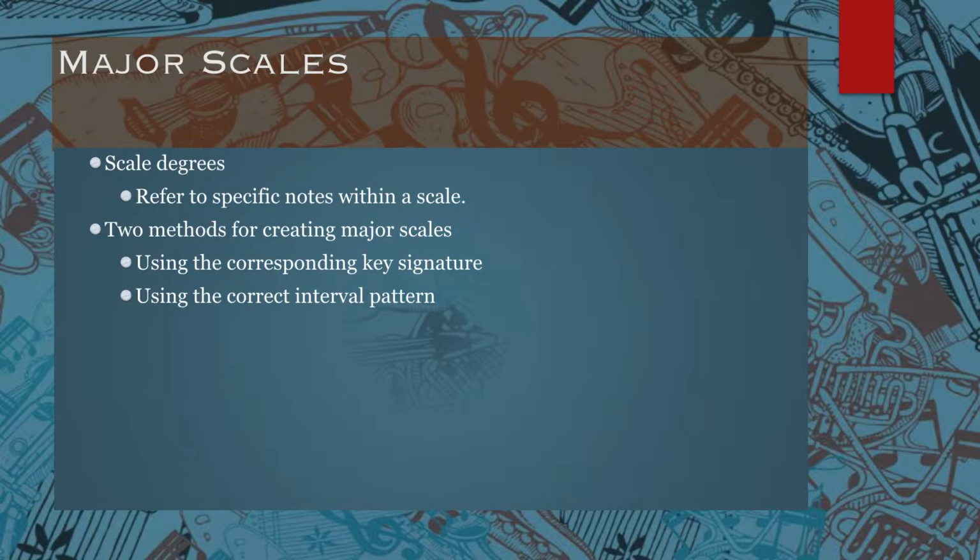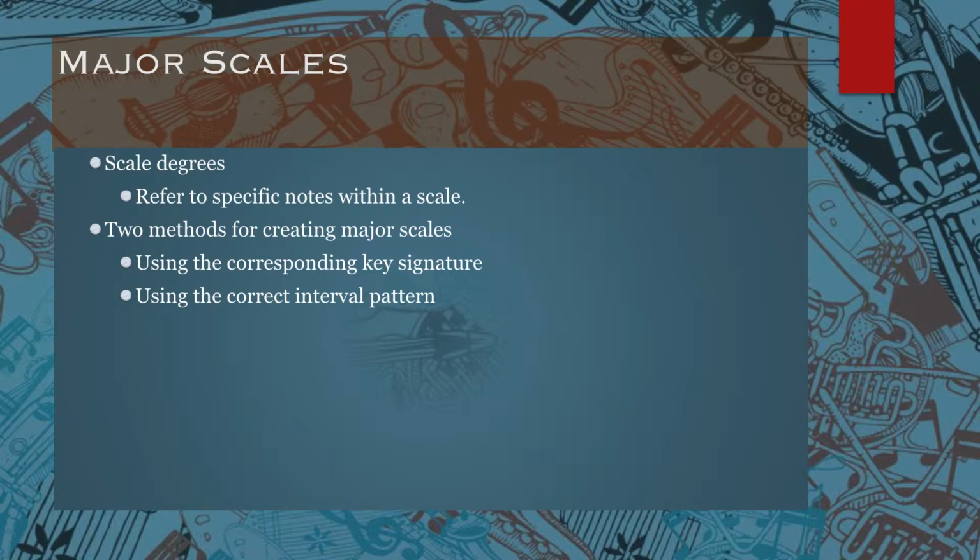In the key of D major, the first scale degree is D. And then you have E on the second scale degree. The third scale degree is F sharp. The next scale degree above F sharp is a G, so that's the fourth scale degree. And then the fifth scale degree is A. The sixth scale degree is B. And the seventh scale degree is C sharp. And then it starts over again on the first scale degree, an octave higher, which is D. So you need to understand the concept of a scale degree. That's very important. There are essentially two methods for creating major scales, and you can choose whichever method works best